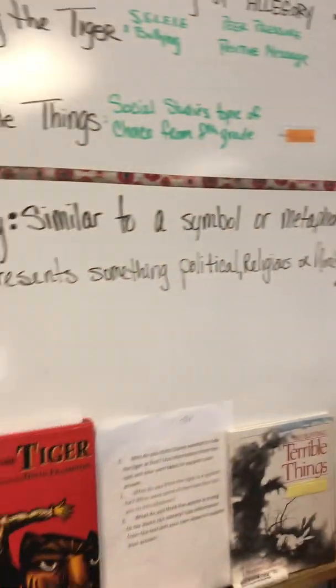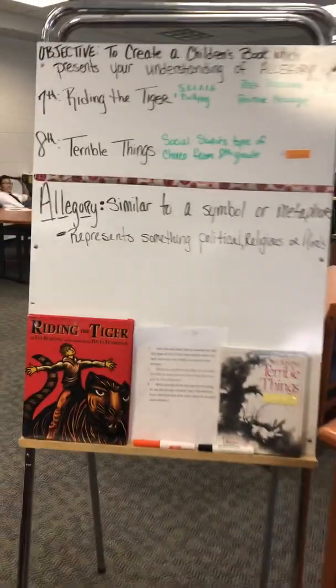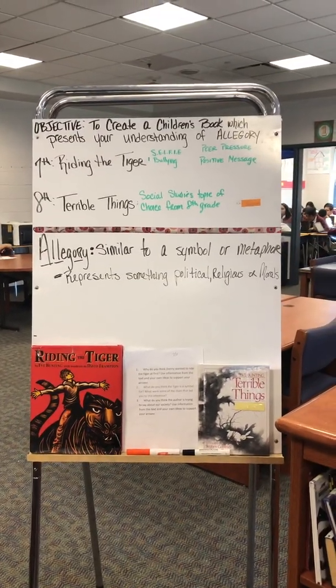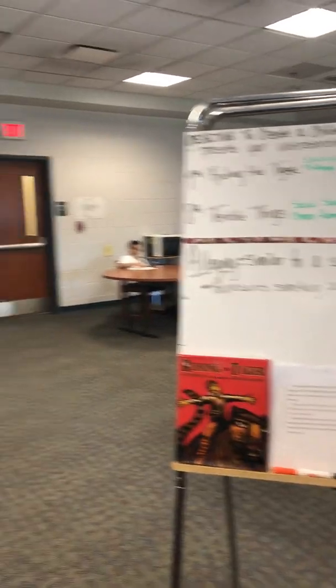Next week we're on break, and the week we come back, we are doing benchmark testing, so there won't be any direct instruction until probably we're done with this class, with EDU 554. So what I do have, and I hope this is acceptable, is we're in the middle of an assignment. The students are writing an allegory. The language arts teacher read an allegory to each the 7th and 8th grade class. We defined allegory, and now they're in the process of creating their own allegory. Some students are working together, and some are working independently.